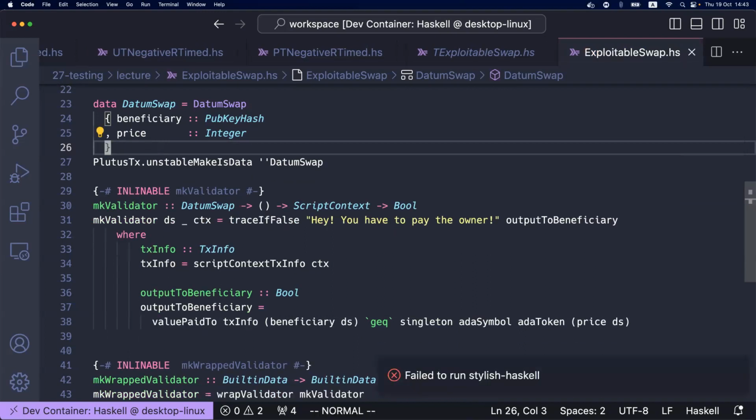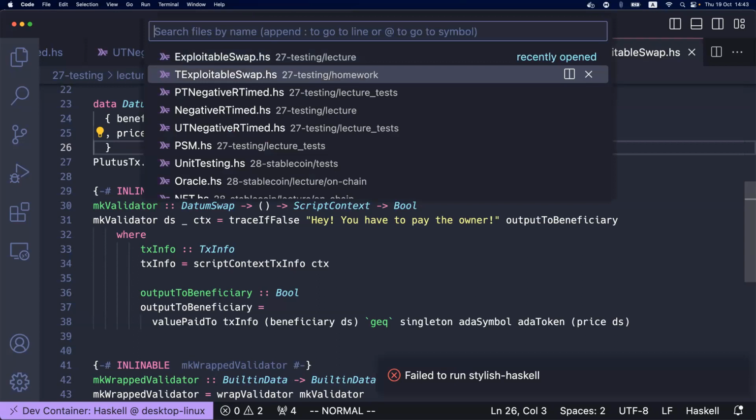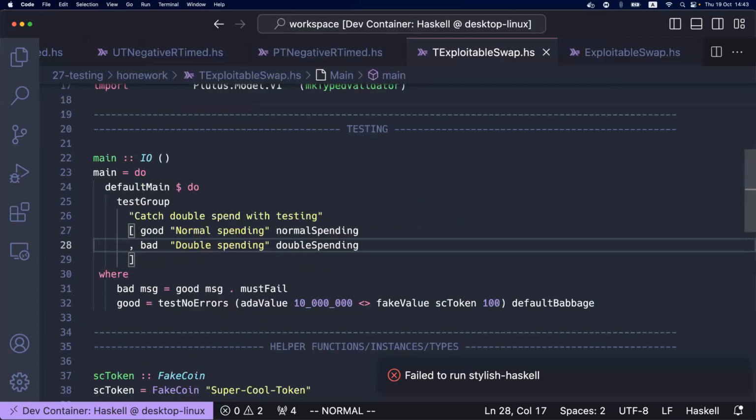Either of those two are fine, but what I'm going to ask is to write the test to catch this